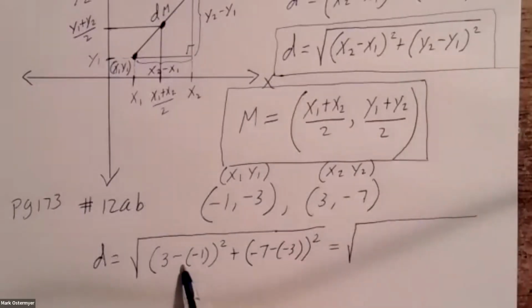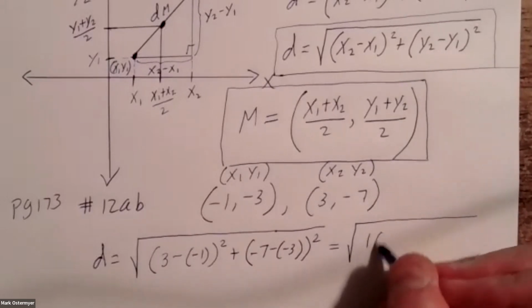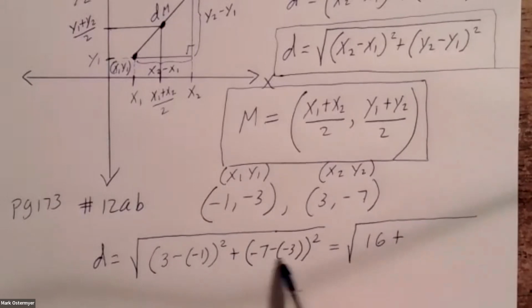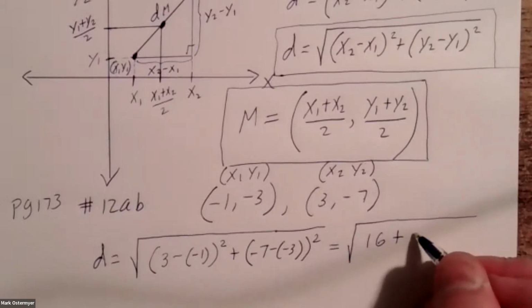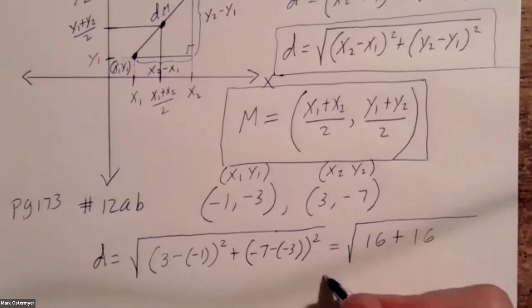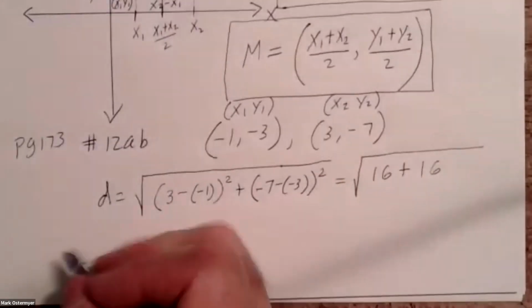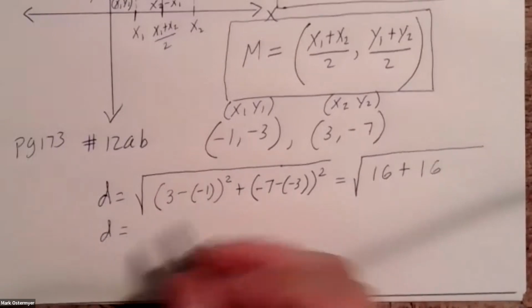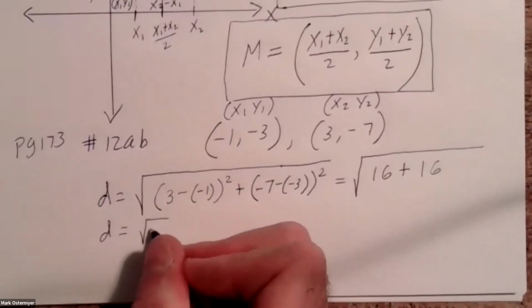And now we go through the arithmetic here. 3 subtract a -1 is 3 plus 1, and that's 4. 4 squared is 16. -7 minus a -3 is -7 plus 3, which is -4. -4 squared is plus 16. So it appears that the exact distance between these 2 points in the plane is the square root of 32,